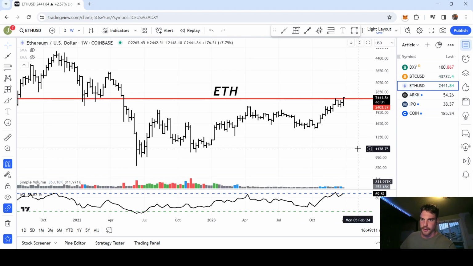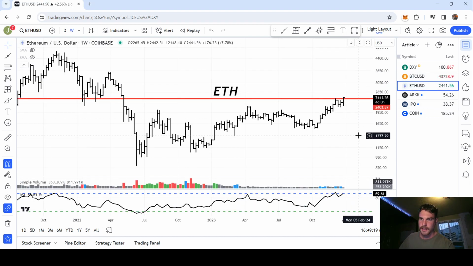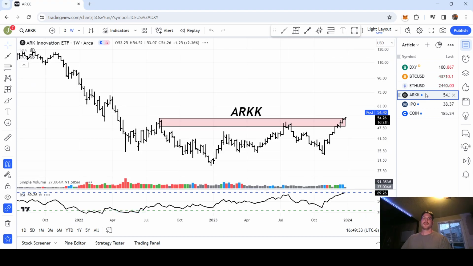Same thing in Ethereum. So if we're consolidating at these levels on low volume, we want to see higher volume when we do finally break out through this level. So Bitcoin, your level's 45,000 on volume, and Ethereum, your level's 2,400 on volume. We're seeing Ethereum start to poke its way up. Since this is a weekly chart, you should really wait for the close unless we do get a pretty outsized move. But again, be looking for volume here.